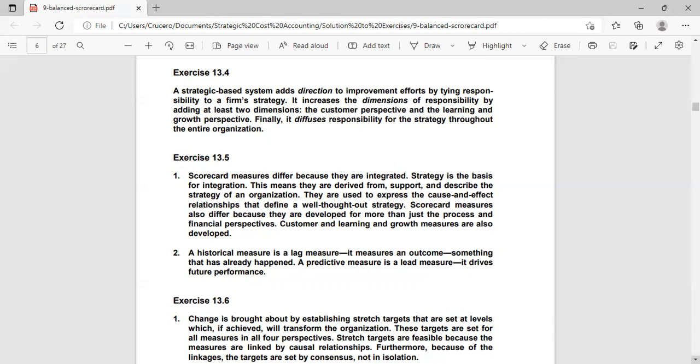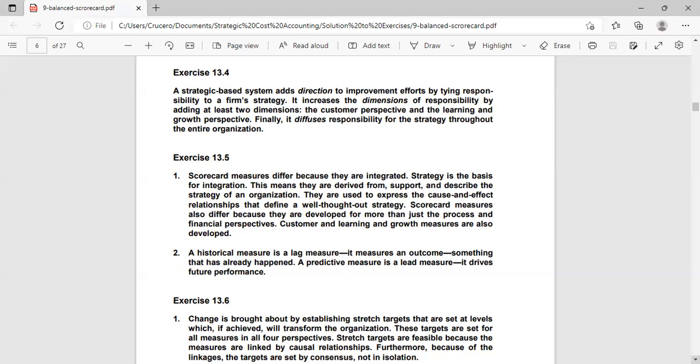Performance evaluation is an integral part of this effort. Performance evaluation within the balanced scorecard framework is also concerned with the effectiveness and the viability of an